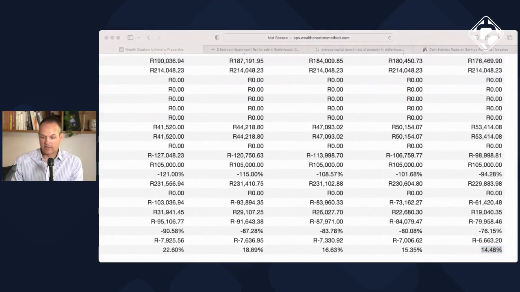So there you have it. As I said, it's a specific software solution that we have access to, to assist in calculating that kind of internal rate of return for clients. I think the key takeaway that I want you to take away is that it is possible to calculate exactly what the internal rate of return of a potential investment property is.